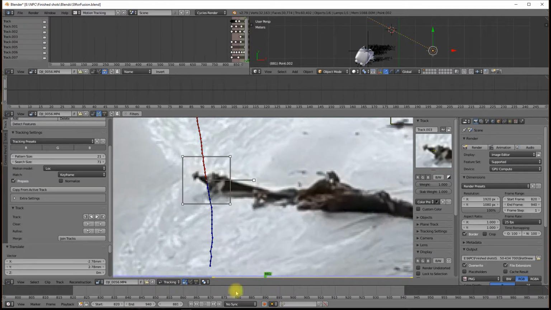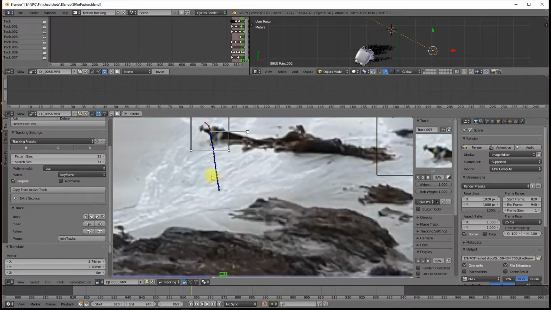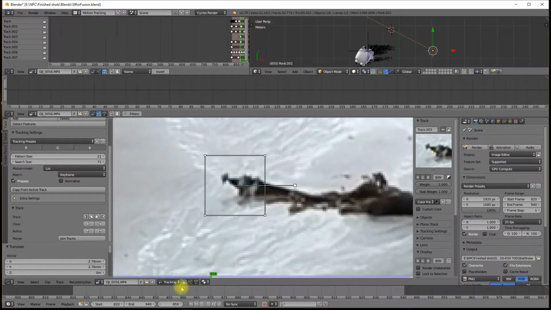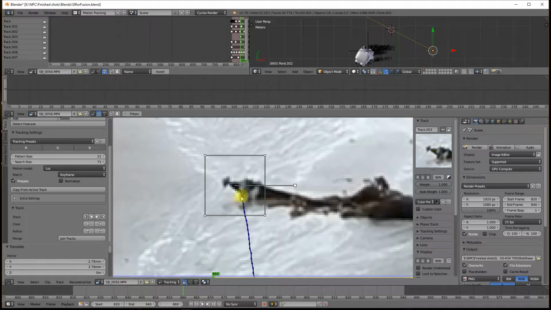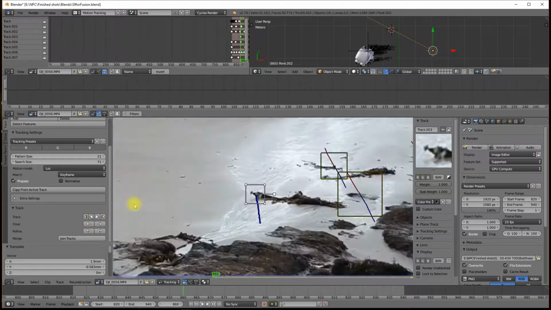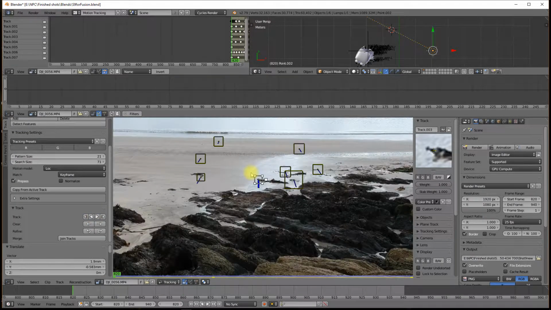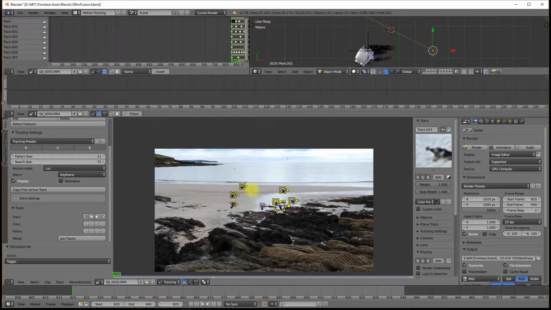So we'll place that one there, and then we'll track on. And that's done. Okay, so we have 1, 2, 3, 4, 5, 6, 7, 8. So we have 8 of these, which is what we need to